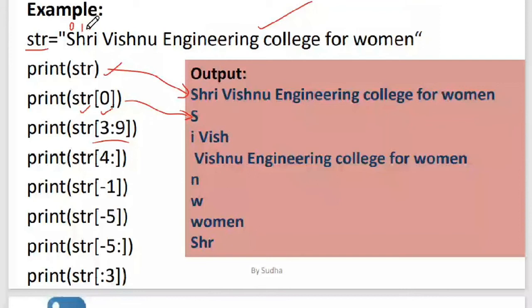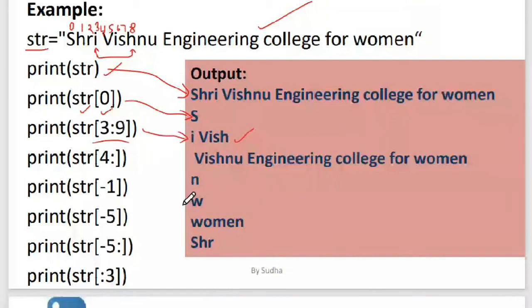Then 4, this space is 4, and then 5, 6, 7, and 8. So it will give till h only. So the output is from I till h. This is the subset I have extracted from the string, the outcome of this print statement.